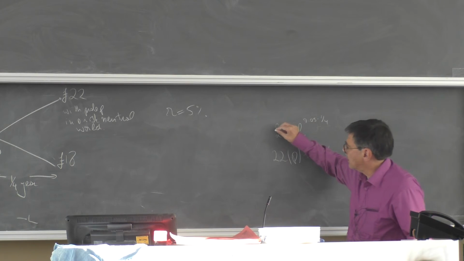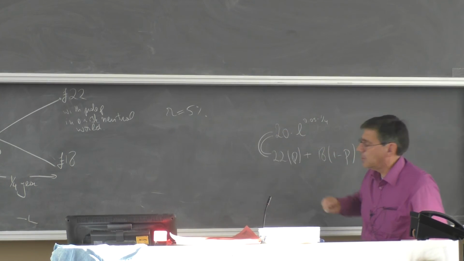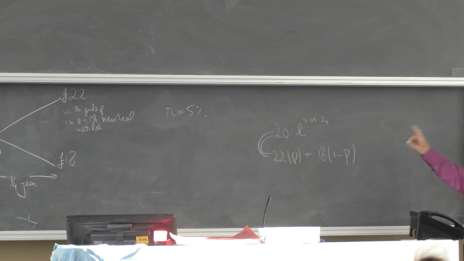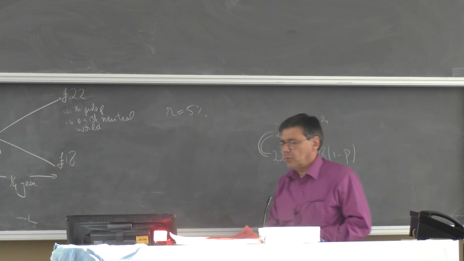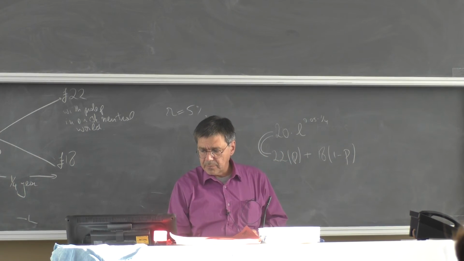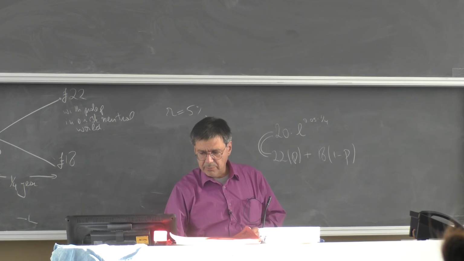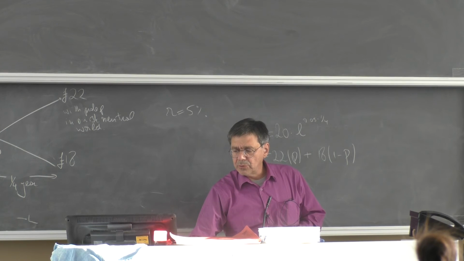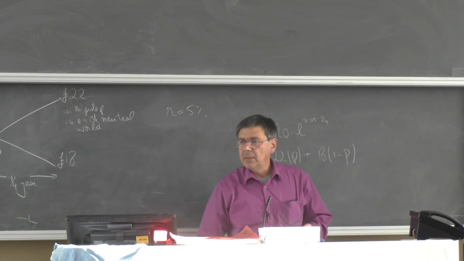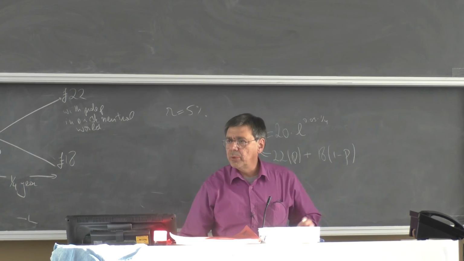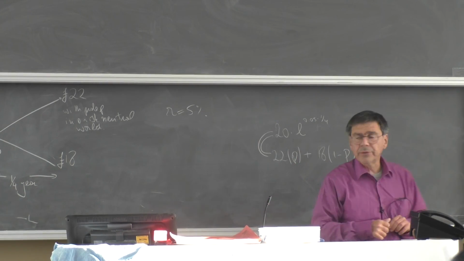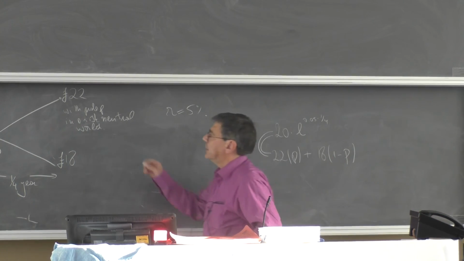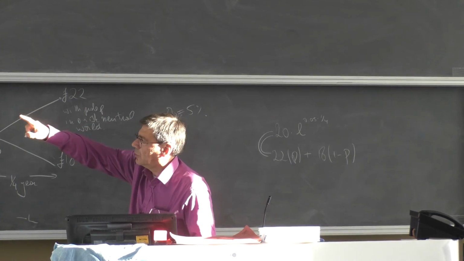So, in particular, these 2 investments must have the same expected return. So this number must be equal to this number. We can find out what P is. So here, this much, e to the r times t, must be equal to that much. So we can solve for P. We get P is equal to that. And now we know if we were to go to this risk-neutral world, the probability of finding ourselves in the up state of the world would be P, which is equal to that number.